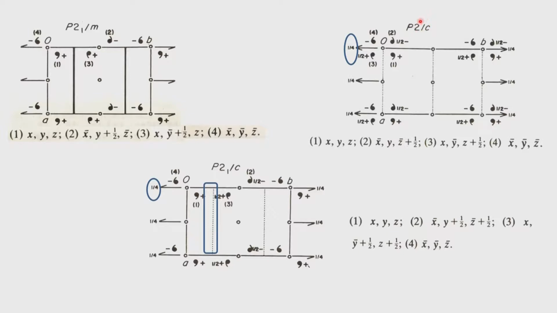The examination of the symmetry that is given here, convert it to a point group symmetry. Suppose you are given 2 by C, the corresponding point group will be, with no translation involved, 2 by M. So, it is a centrosymmetric space group, and we conclude that it is a 2 by M point group. We have the primitive lattice, and therefore, this is a monoclinic system. So, by looking at P2 by C, we identify it is a monoclinic system, it is a primitive lattice, and the operation of 2 by C, just like 2 by M operation, will give rise to 4 equivalent points.